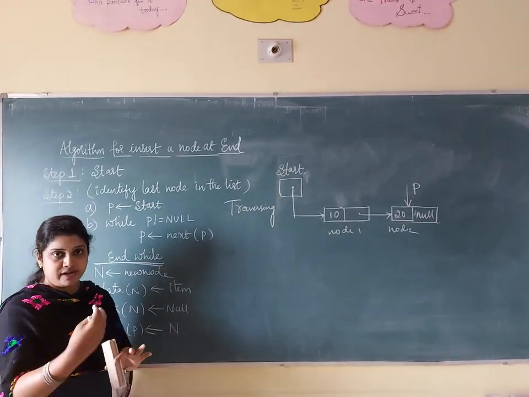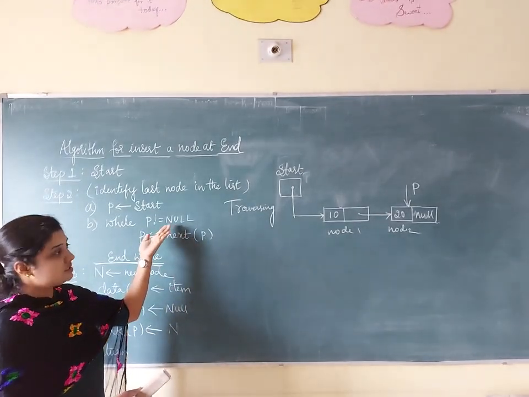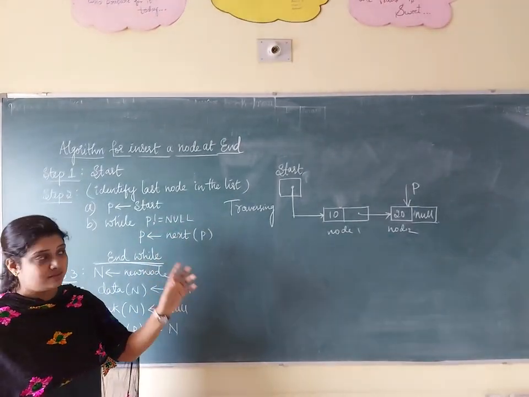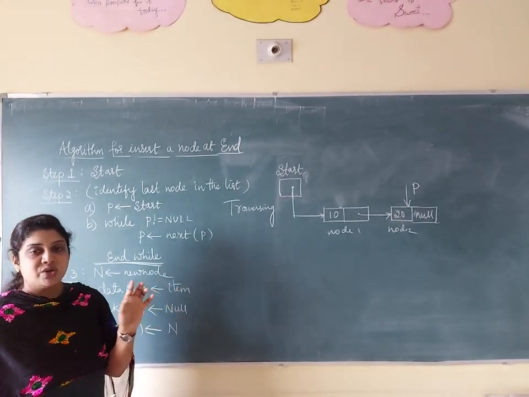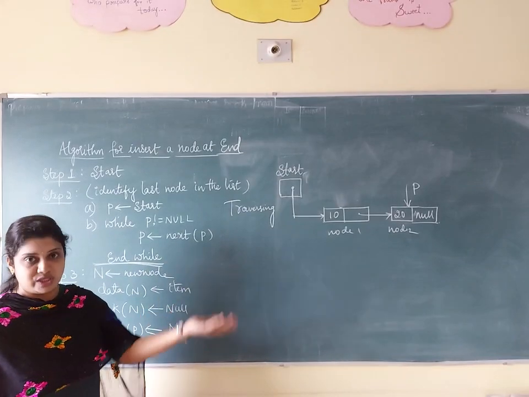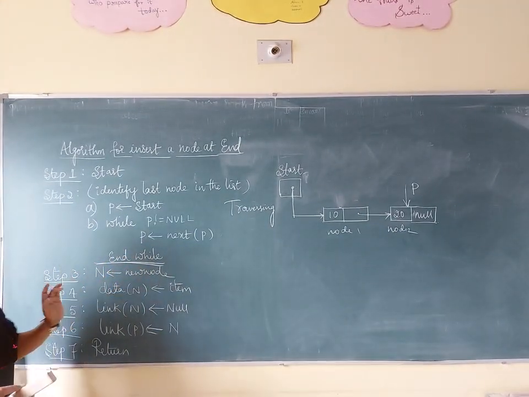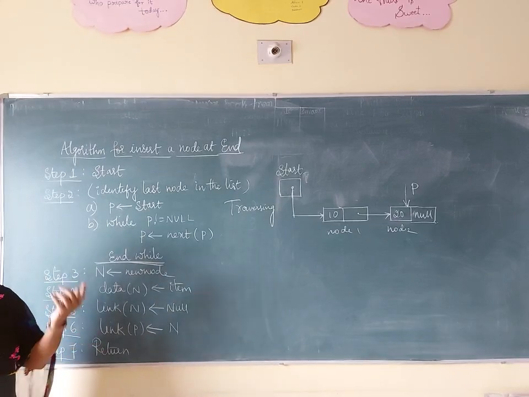To point to the next node, we are using this condition. Once the pointer reaches the null character, both will become equal. So it indicates your last node, so that you can insert the node next to that one. After the condition is satisfied, it ends the while loop. Now, you got your last node.